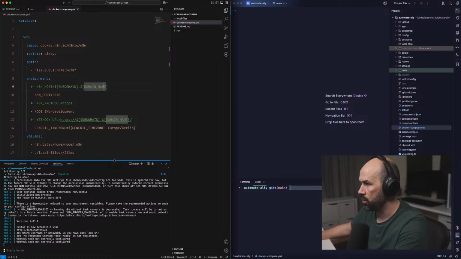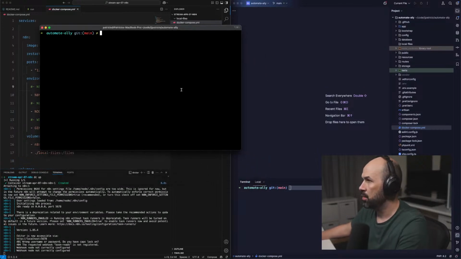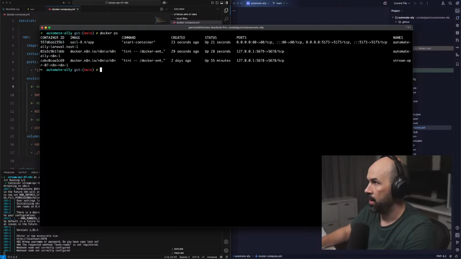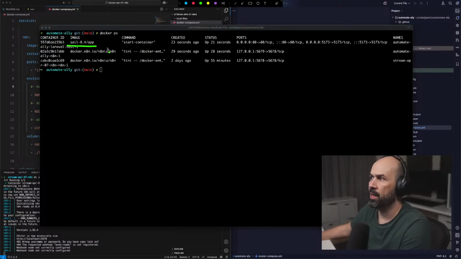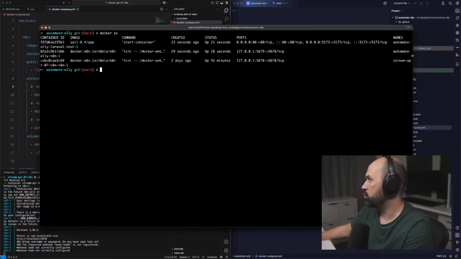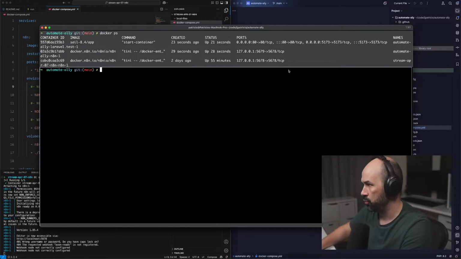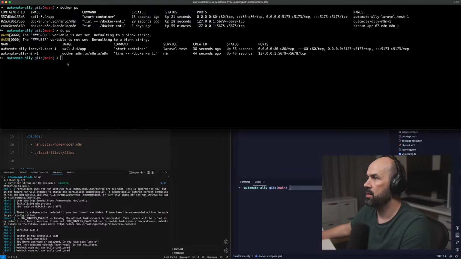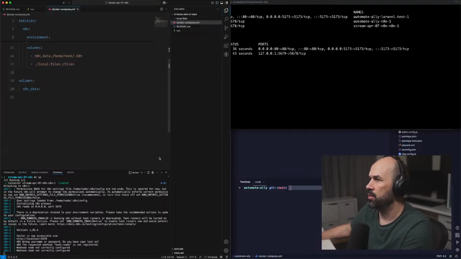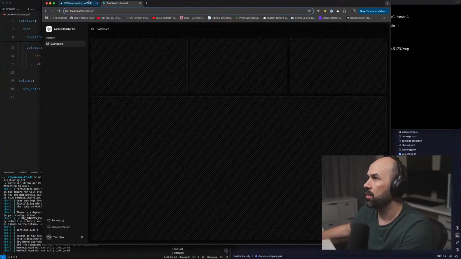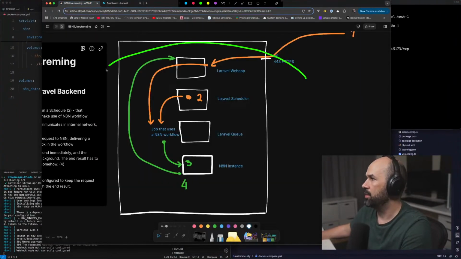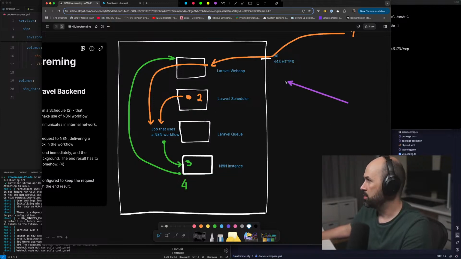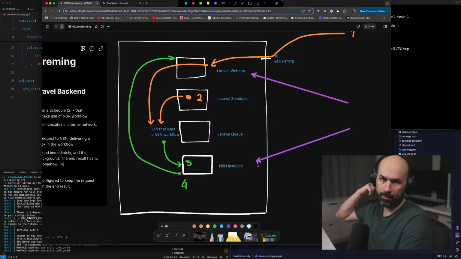Okay, so what we just did is we just have another service running. So we have our web application and two N8Ns. One belongs to our Automate Ellie. If you see these two, if I docker compose ps, we have these two together. So we're already starting to have this thing. We have, let me put in purple, this one and that one. Yeah, so that's cool.